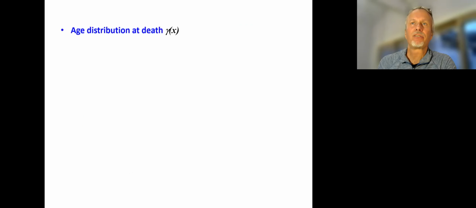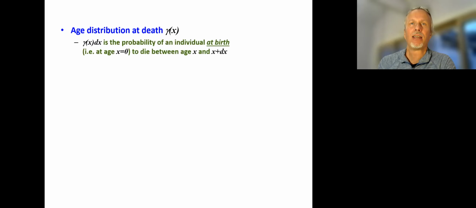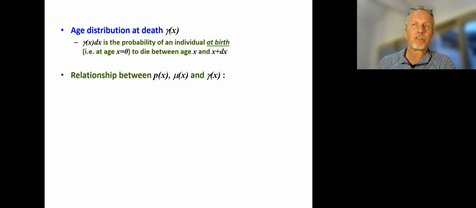Let's look now at the age distribution of death, which is referred to with the Greek letter gamma of x. And gamma of x times dx is the probability of an individual at birth, that is at age x equal to 0, to die between age x and x plus dx. So the relationship between the survivorship function, mu of x, the instantaneous mortality rate, and gamma of x, the age distribution of death, is that gamma of x dx is equal to the probability of surviving from birth to age x and the probability of dying in the